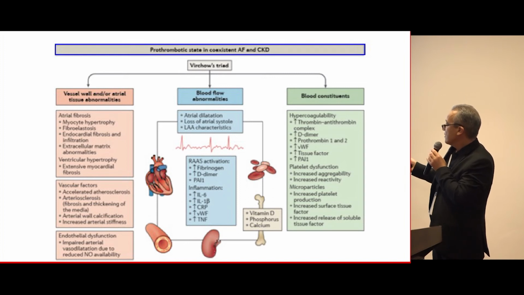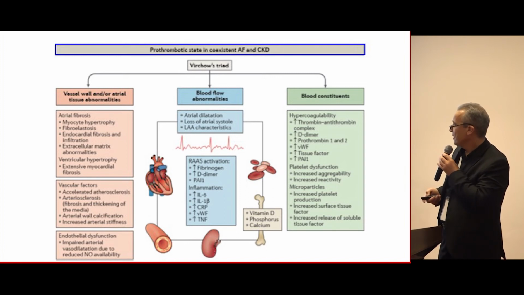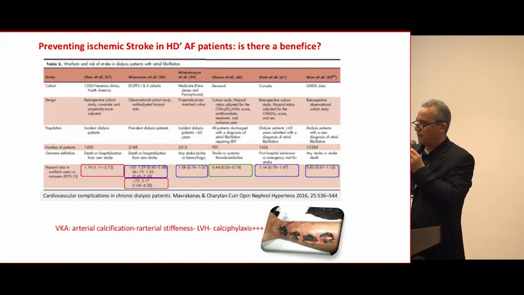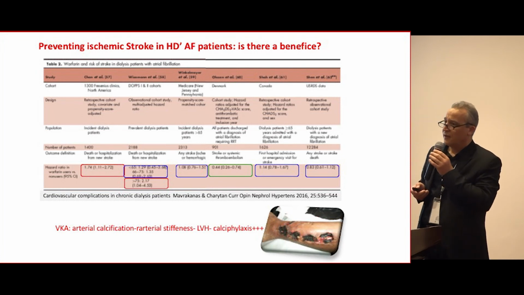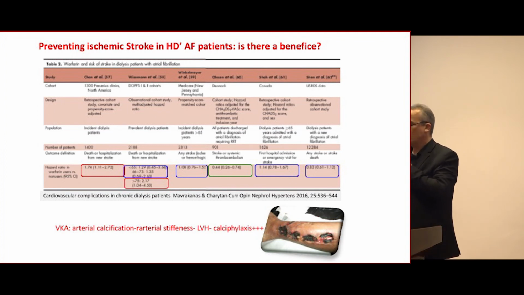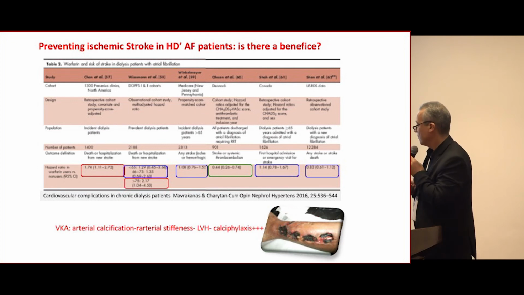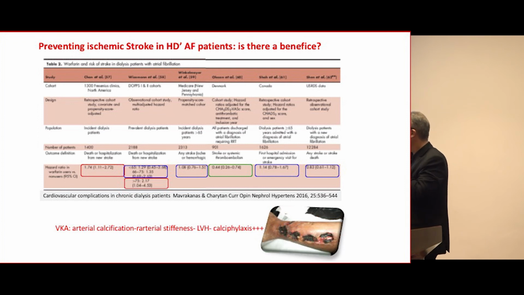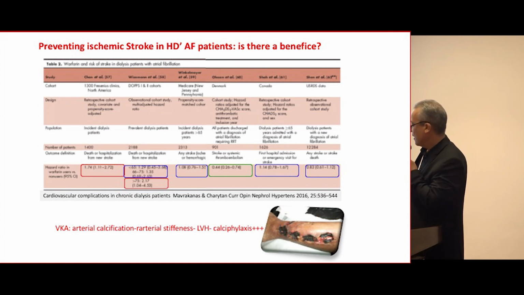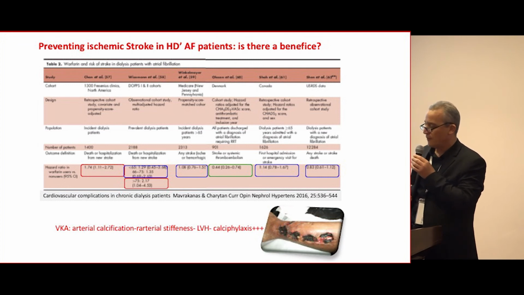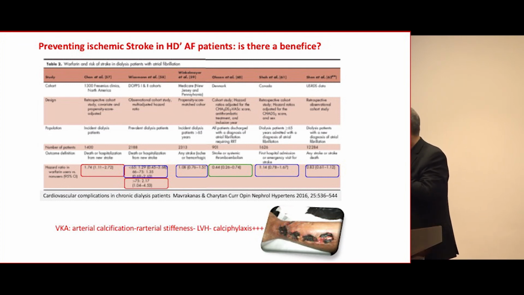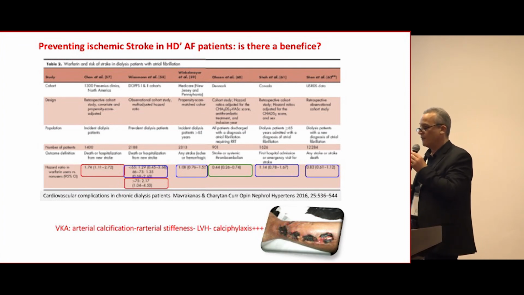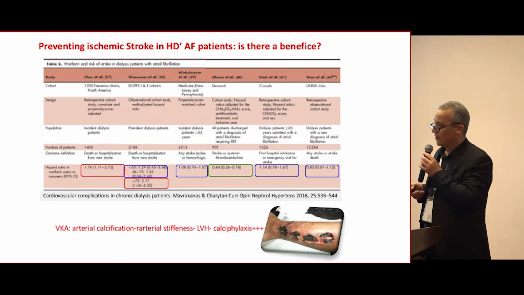Most of our patients can have atrial fibrillation. And for that, do you think that using antivitamin K is very useful and can protect patients from stroke? This is a meta-analysis showing that there is only one positive study. There are many studies without benefit, and one or two studies with harm, especially for elderly patients. So I don't think that antivitamin K is interesting in our patients.